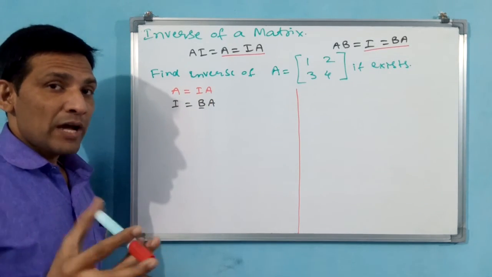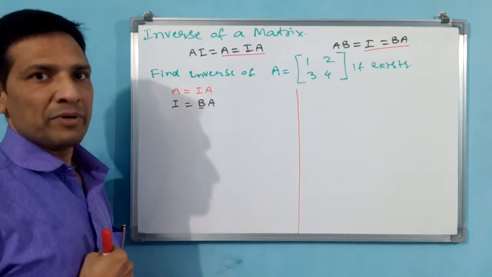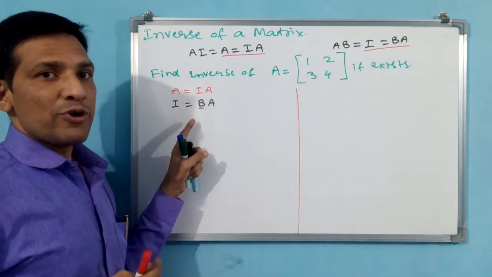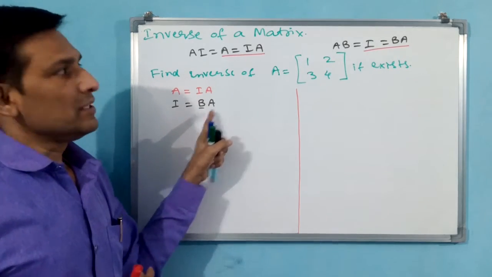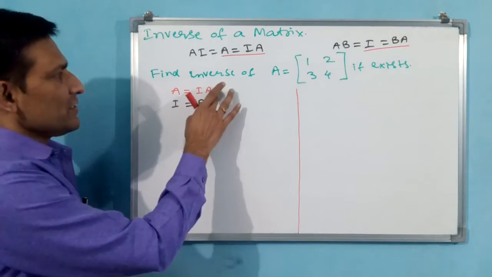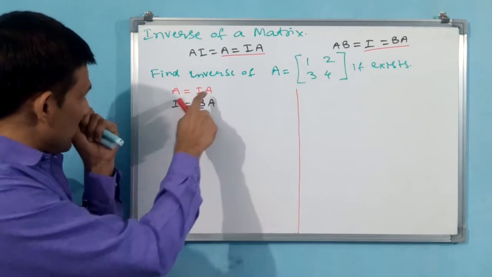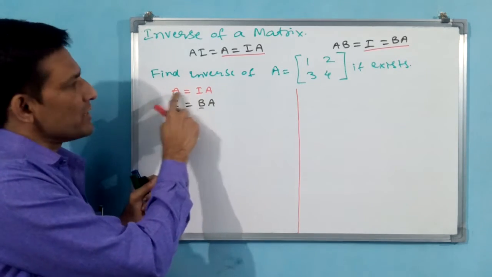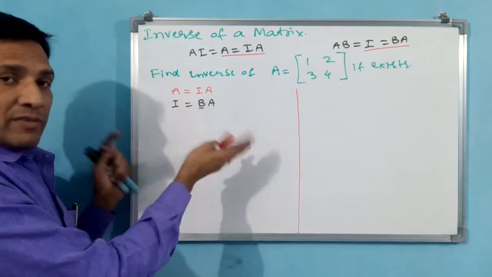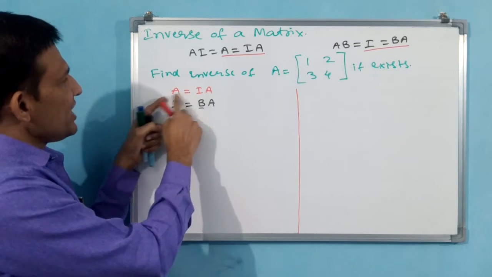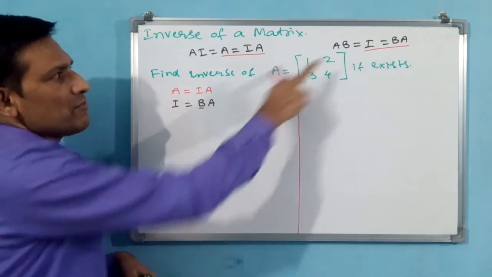How am I modifying? I am doing elementary operations now. For the sake of this only, I told all those 6 elementary operations. With elementary operations, I am going to change this A into I, and this I automatically is going to become the inverse B. This A I am not going to change; A intact I am going to write every time. I am not going to write these elements also, only A. When you do operations, both sides you have to do. Finally A is going to become I and I is going to become B.